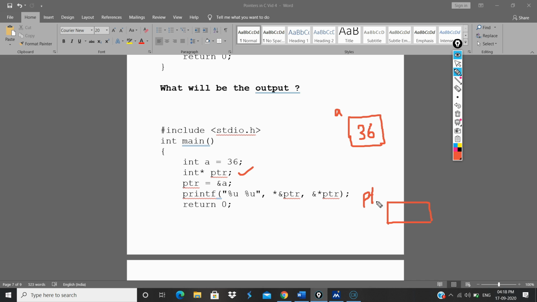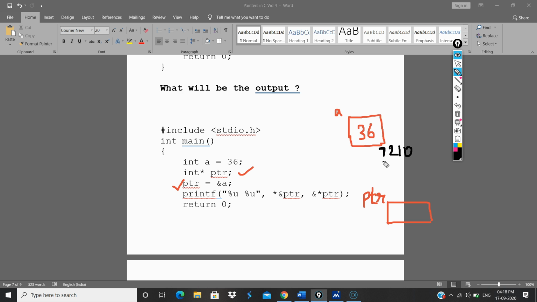In this statement we have ptr is equal to address of a. Let's assume the address of a is 7210; it can be arbitrary, generated by the machine or compiler.